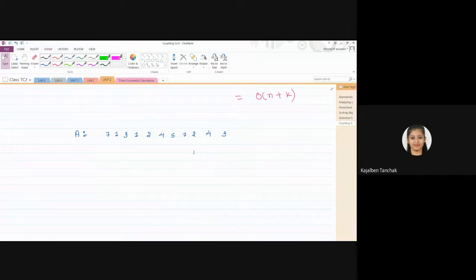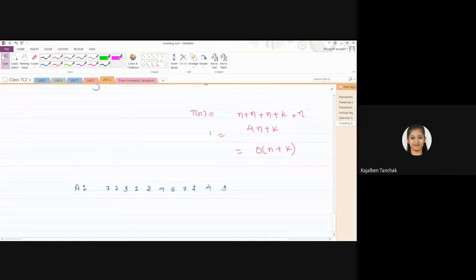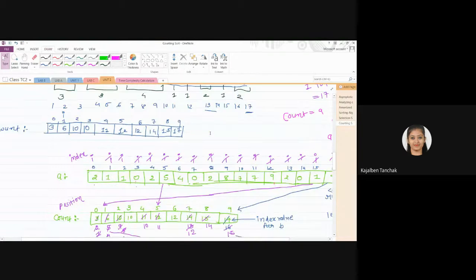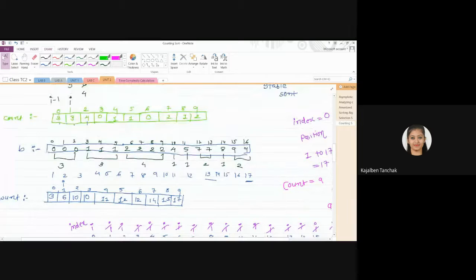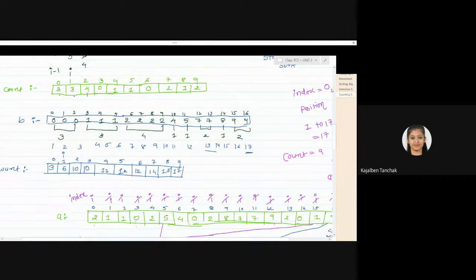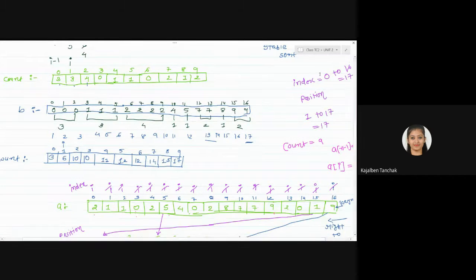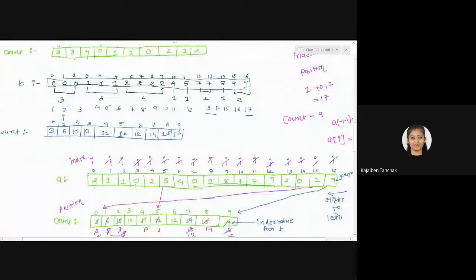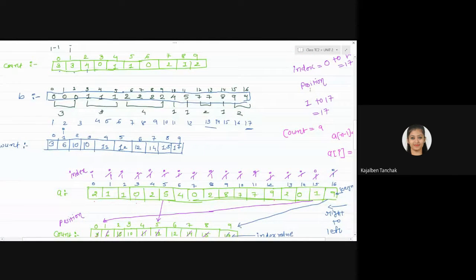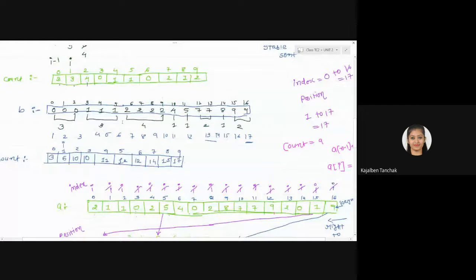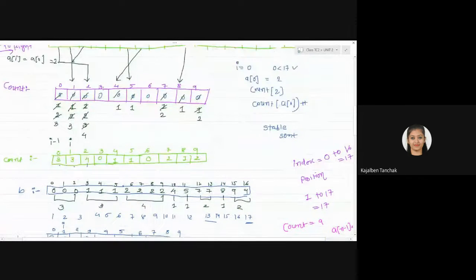Done, ma'am. Okay, fine. Let me reduce the size. But this is the main part you can do.